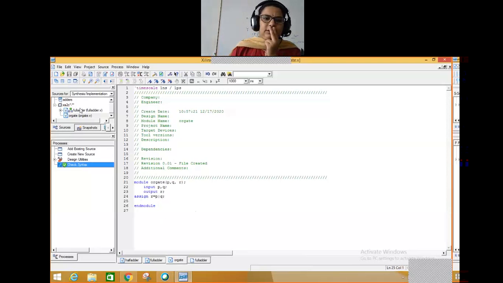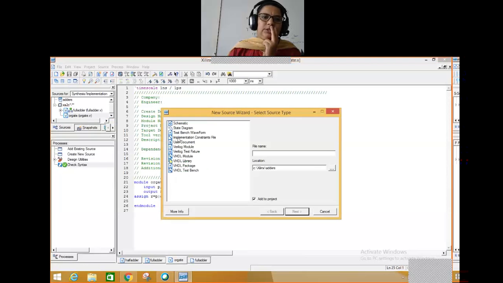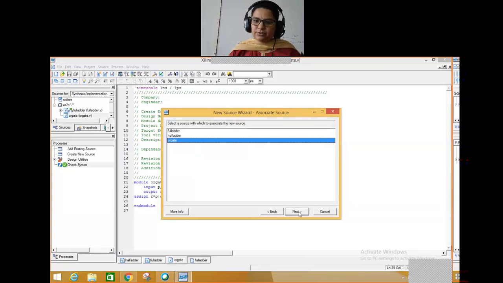I selected the OR gate. Okay, I did the check syntax. Check syntax says that it is working fine. Okay, so now I have an OR gate. Now let us go to this OR gate. I'll select a new source, create a test bench for this. Next. Now it is asking me which one I want to select, the full adder, half adder or OR gate. I'm saying it is the OR gate.